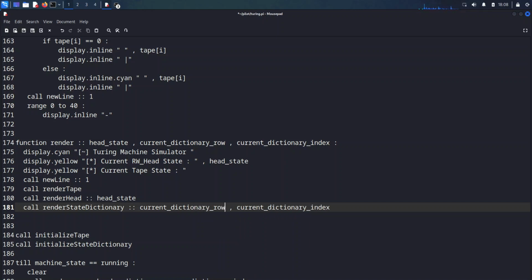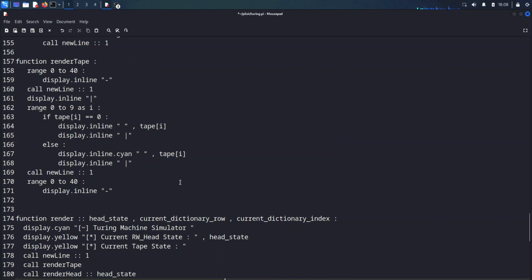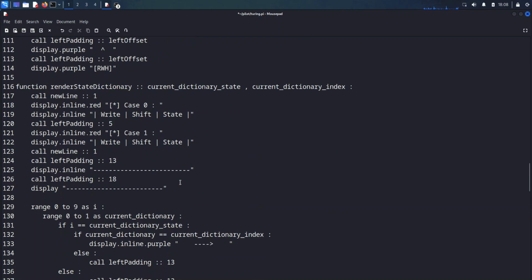Dictionary row. Cool. And we are accepting the current dictionary state. We gotta change this also. Why? Okay, let's